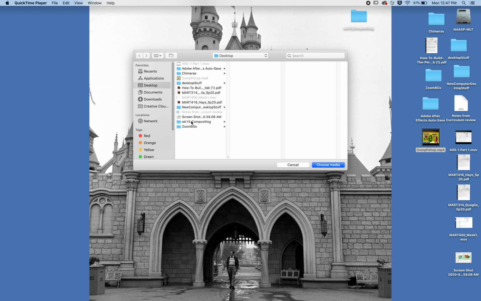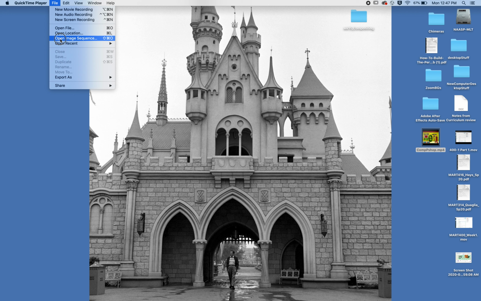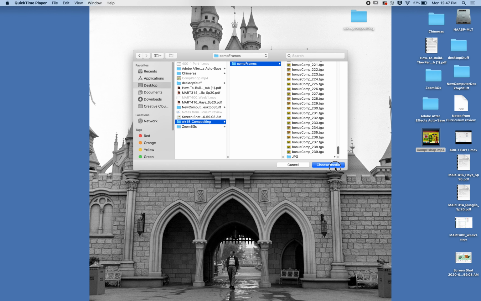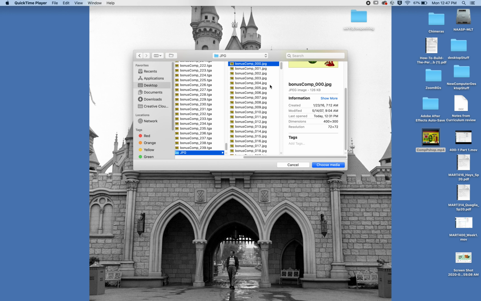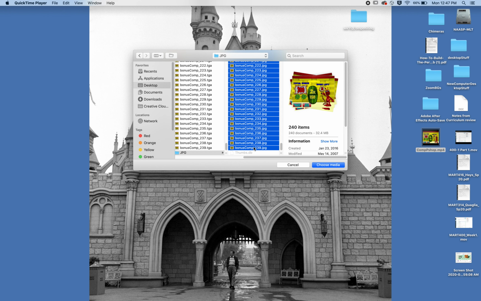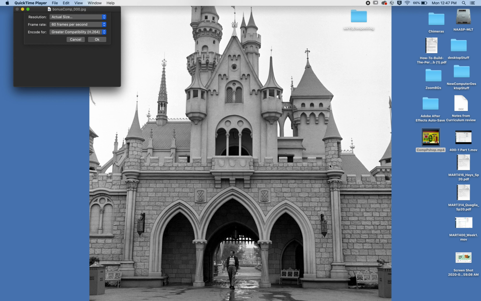And then we'll navigate to our, whoops, that was my bad. We're going to open Image Sequence, and I'm going to select my desktop, and we're going to go to Compositing and Comp Frames, and then I'm going to come way down here to JPEG again. And then with QuickTime, you have to actually select all of the frames in the sequence because it's not as smart as Photoshop is. So I'm just going to make sure I select all the frames in my sequence, hit Choose Media, and